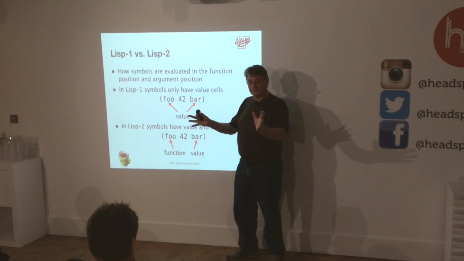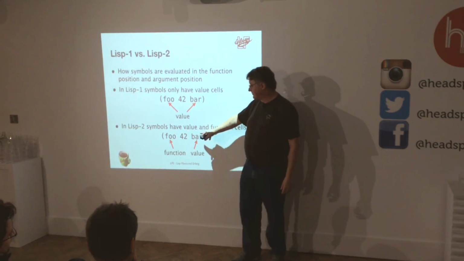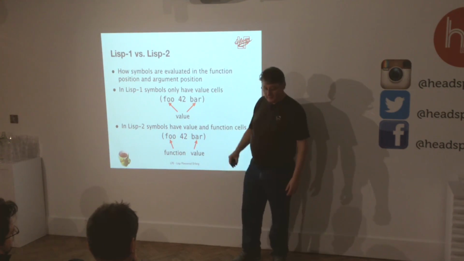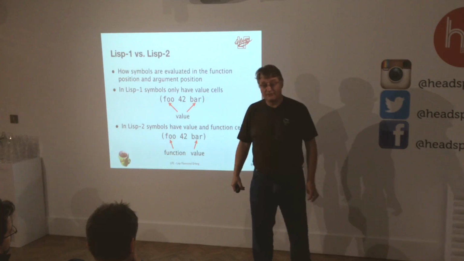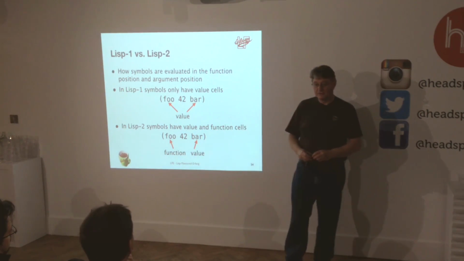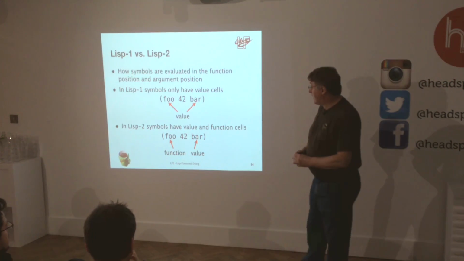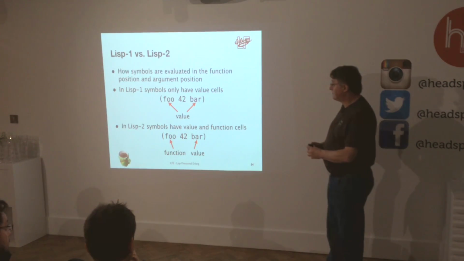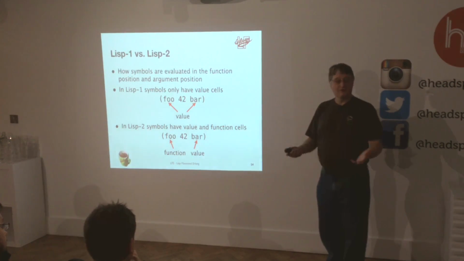So there are two schools. And the original Lisps were Lisp 2s. Lisp 1s are cleaner, they're nicer. But if you're going into Common Lisp, it's a Lisp 2. You have this feature for it. And so yeah, what do I choose? I have to choose one of them, right?